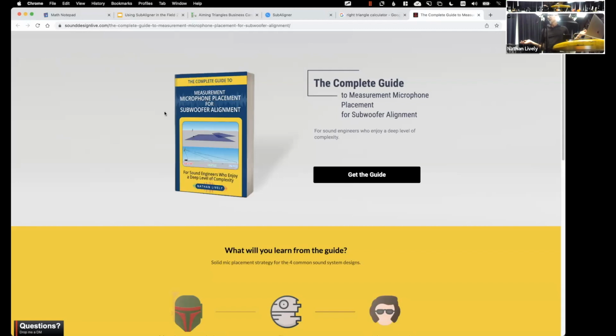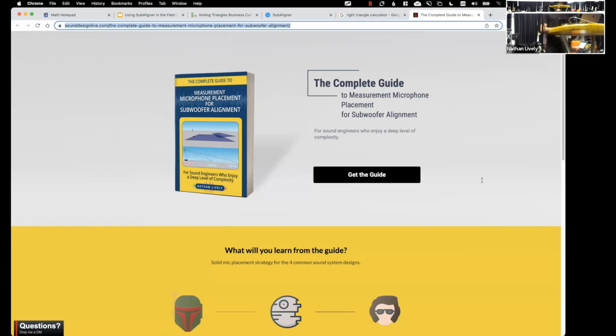You guys don't have to read this. The rule of thumb, the shortcut to finding an alignment position is just to go to front of house. A lot of people disagree with that. I'm totally fine with that. You should use whatever preference you feel like makes sense and gets you good results. But if you want to sort of dive into the complexity of this topic, then take a look at this